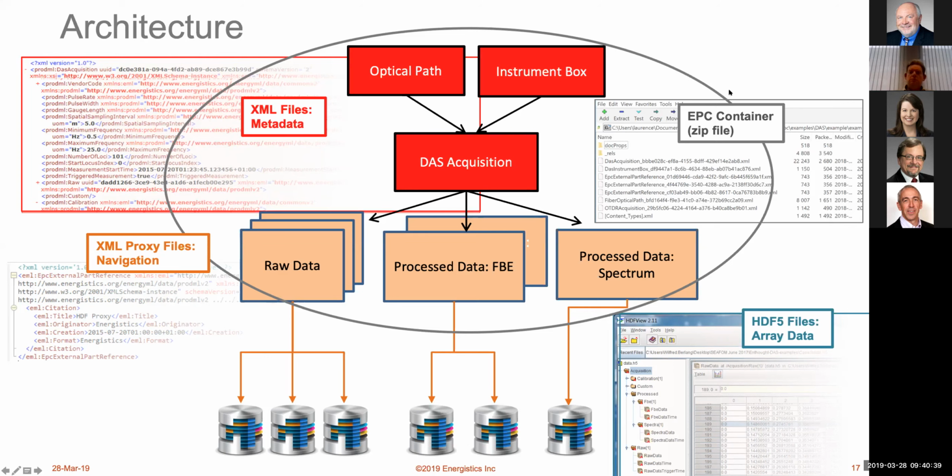These might be a whole disk on their own, and so being able to reassemble the data set is a very important requirement. And then finally, you'll see there's a grey ellipse drawn around the files which I've been telling you about, which are XML. These are all contained in one file, which is called an EPC container, EPC standing for Energistics Packaging Protocol. And that's actually just a zip file. So you can open it like the screenshot there shows with a zip application.